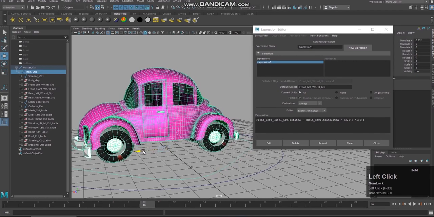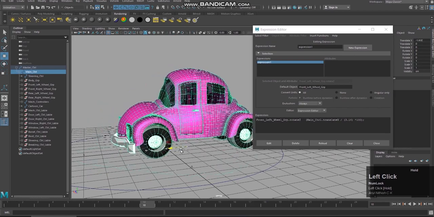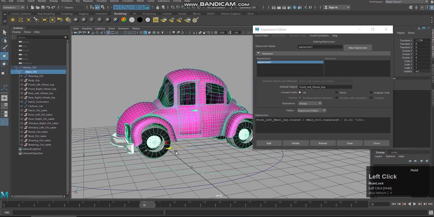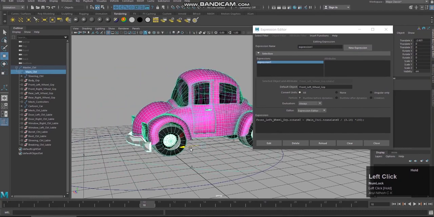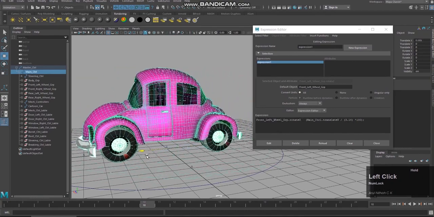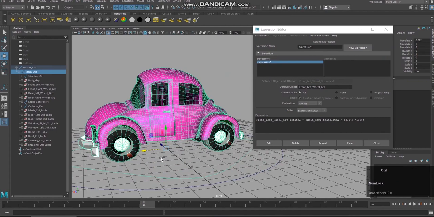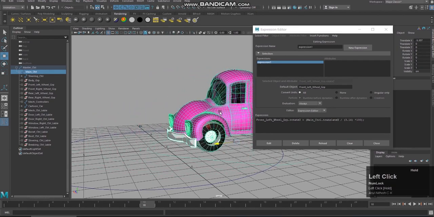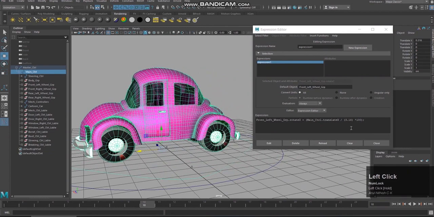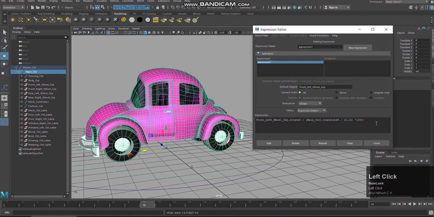Okay, yes, some rotation is happening. You can see the rotation is happening in a reverse direction. Okay, you know what to do. You did the gear wheel example. You know very well the gear wheel example, how to make the rotation in the opposite way when it is happening like this. So how to do it? It is simple. I'm just going to give -1.